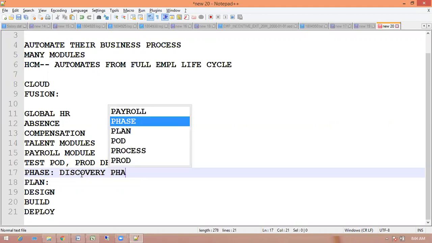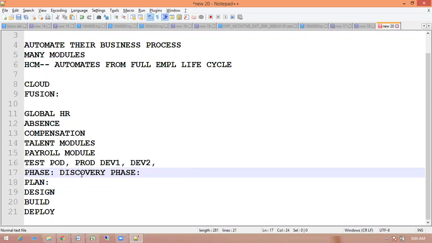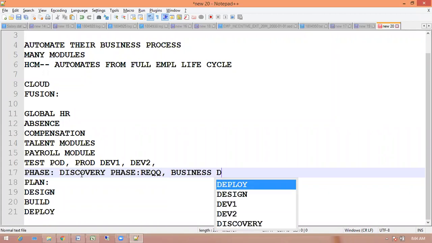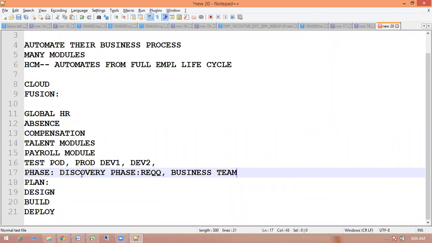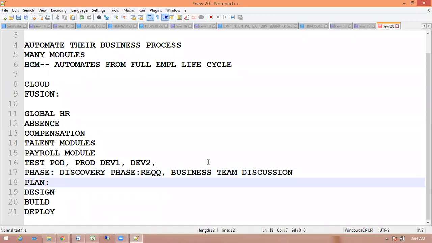In the discovery phase, you need to maintain all requirement gathering sessions and business team discussions.